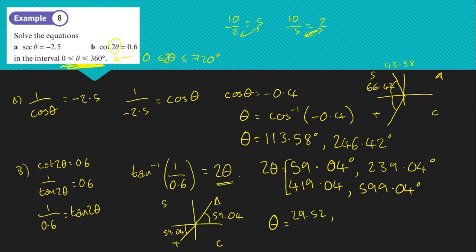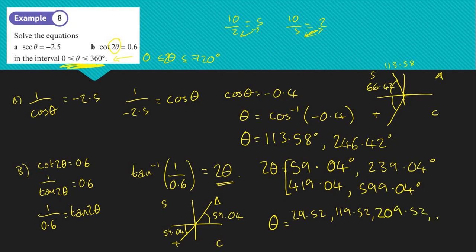You've got 239.04 divided by 2, which comes out as 119.52. And you'll probably spot, look, the gap between these is 180 every single time, so you could just add on 90 each time, I think. Just watch out for stuff like that. Don't always try to lean on things like that, because it works really nicely with tan, but it doesn't work with the others. So 419.04 divided by 2, that's going to be